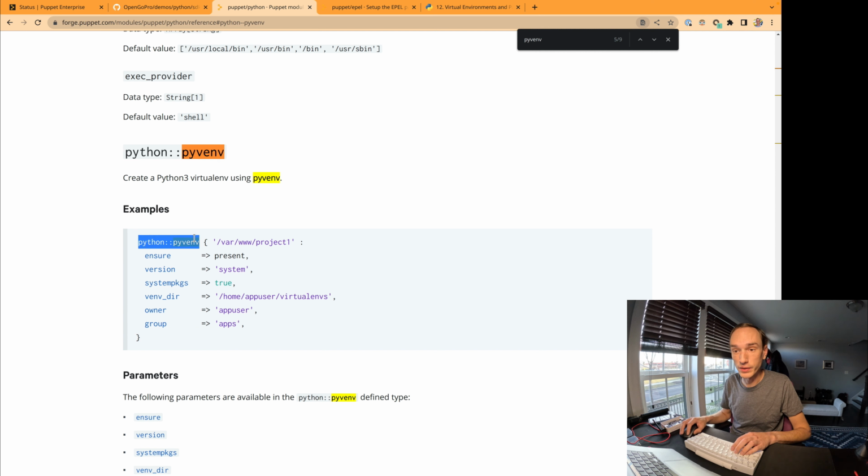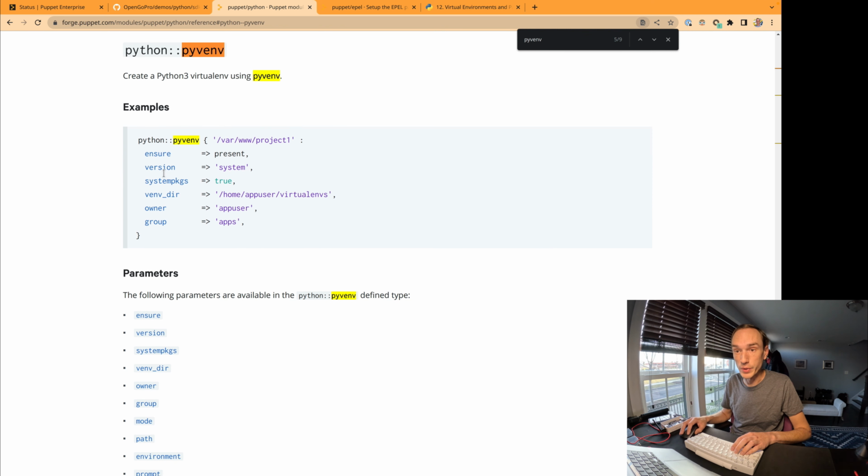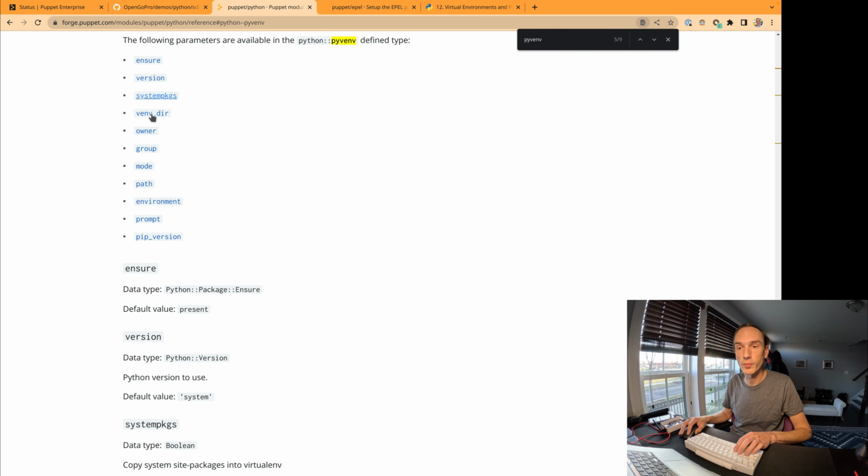We have the defined type name there, the title, which represents the path that we want our environment made in, a number of other parameters that control the behavior of this type, including the source of our Python, whether we want it from a specific user or the system, the directory, the owner of that project, the group. A number of other parameters are here as well.